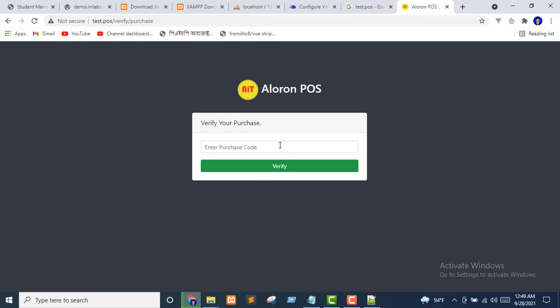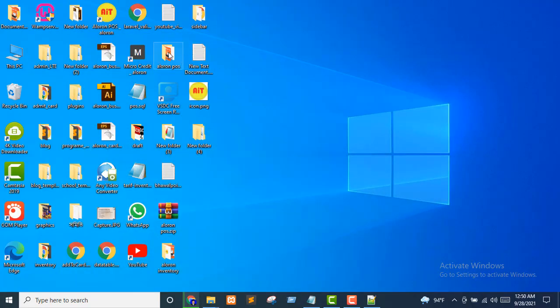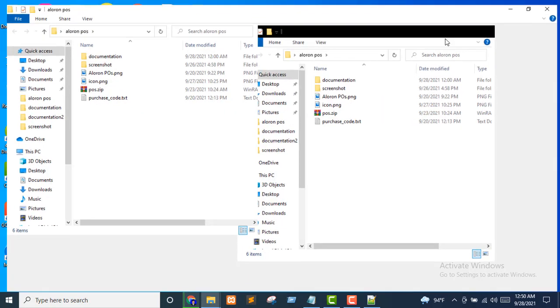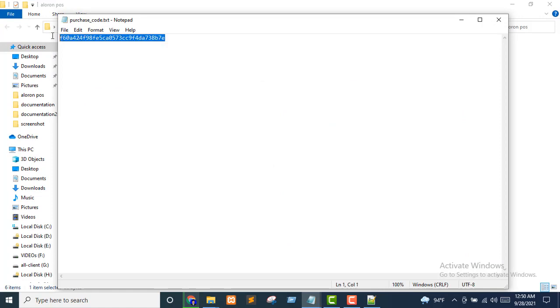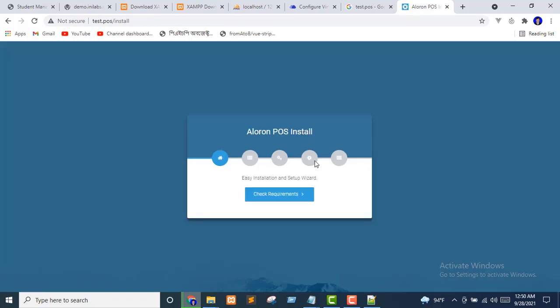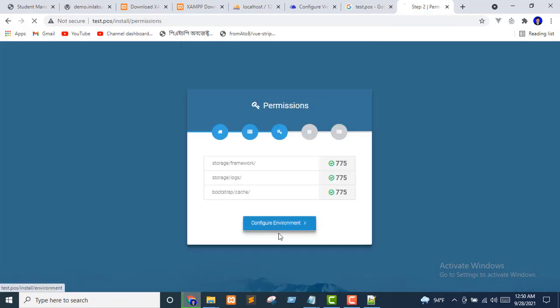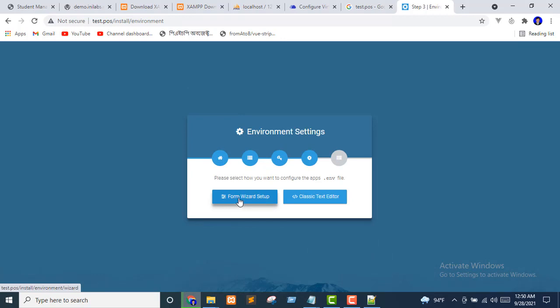And now we have to go to our application folder, which is on the desktop, and here you look at the purchase code and copy this code, and here you paste this and click verify, and then click check requirements, and here also you can see all is green, and check permission